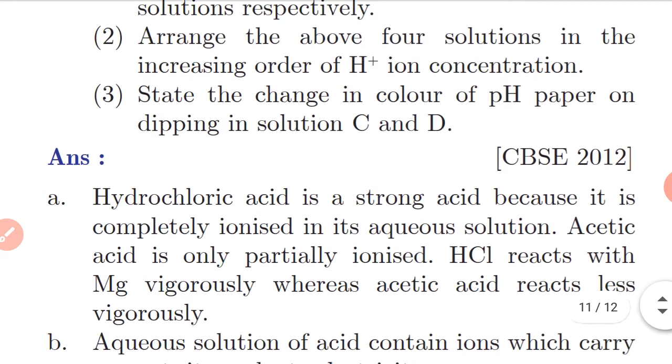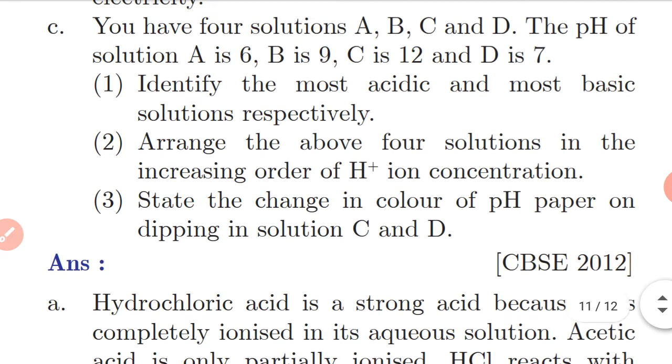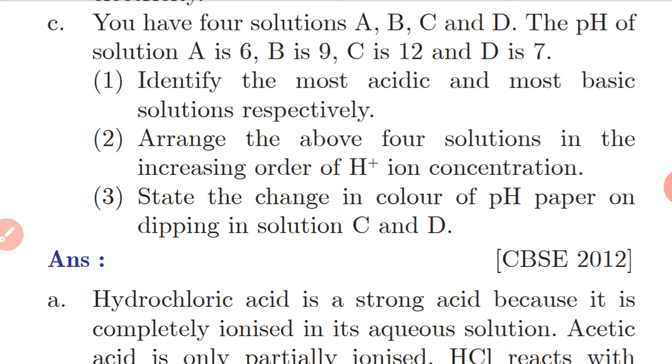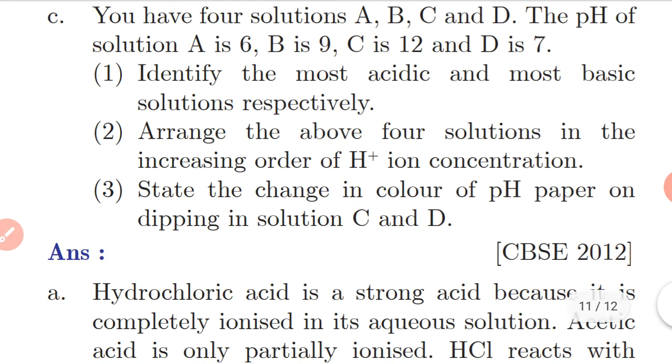नेक्स्ट हमें कुछ pH वैल्यूज दी गई हैं और हमसे पूछा गया है कौन सा इसमें से एसिडिक है कौन सा बेसिक है. So हमें सभी को पता है कि up to 7 और less than 7 क्या होते हैं, pH वैल्यू अगर less than 7 है तो वो एसिड होता है और pH वैल्यू more than 7 और less than 14 है तो वो बेस होता है. ठीक है. So as we all know, here we have the four values 6, 9, 12 and 7. So the acidic will be 6 and base will be 9, 12. Okay, and D whose pH value is 7 will be neutral.